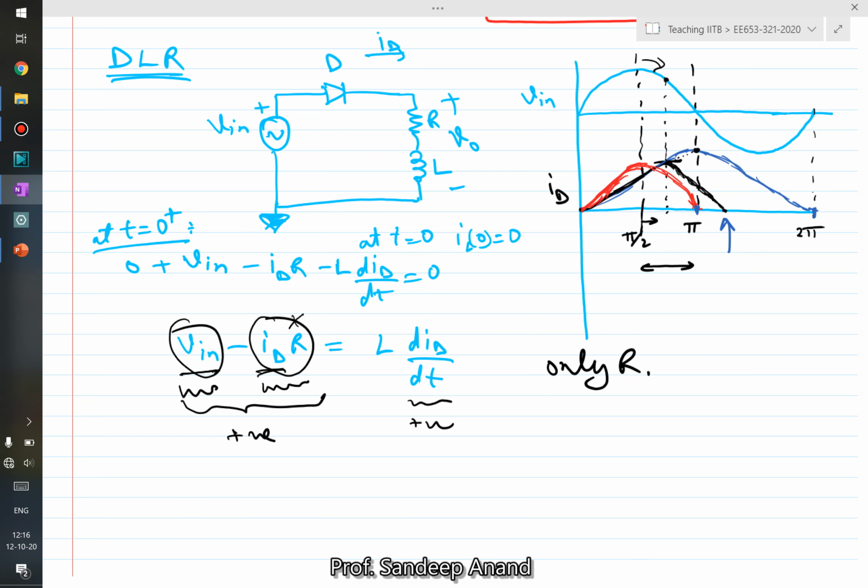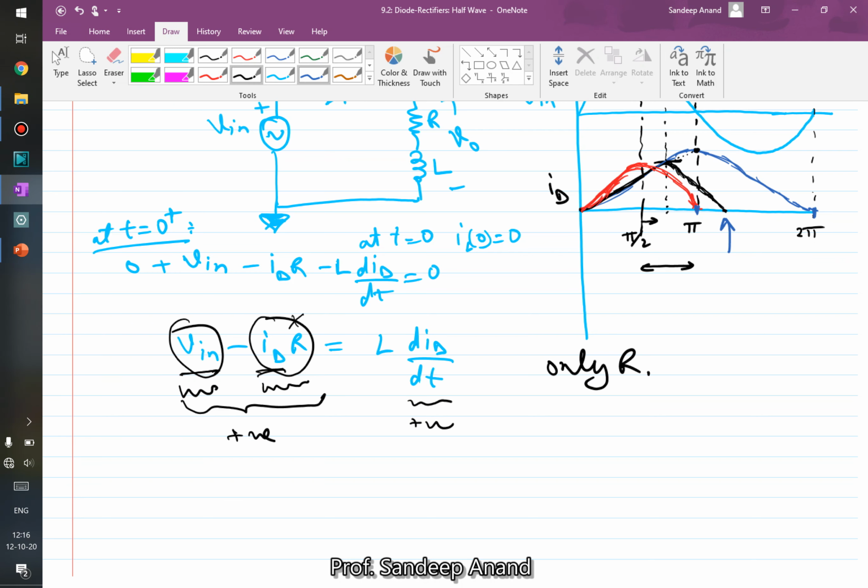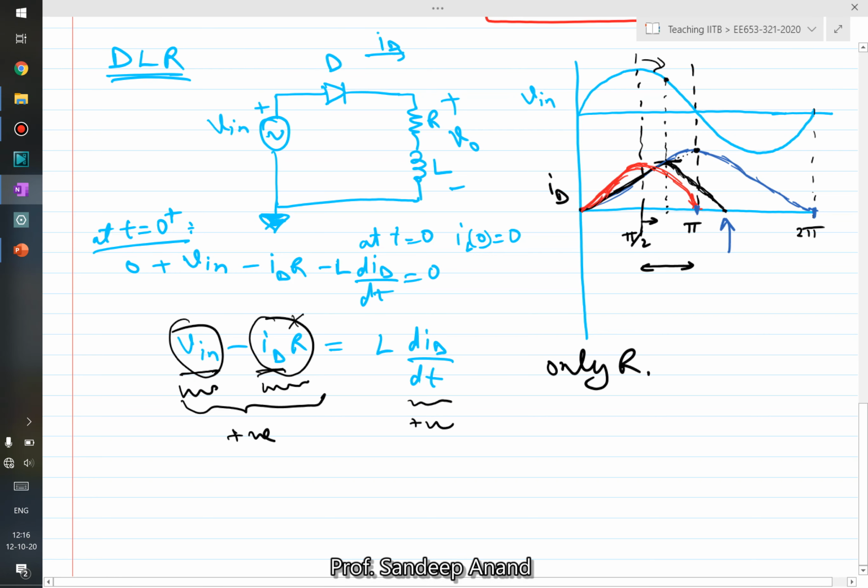So now with this waveform of current, which is for the scenario where you have both R as well as L, you can see what is alpha, this is alpha, what is beta, this point is beta, and gamma is the difference between beta and alpha. How will the output voltage look like here? So till the current is non-zero, that means current is flowing in this circuit. That means the input voltage is same as the output voltage, right?